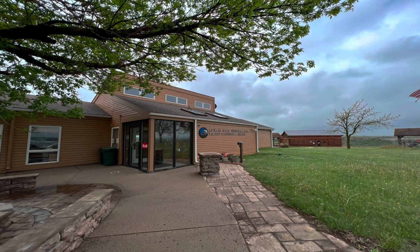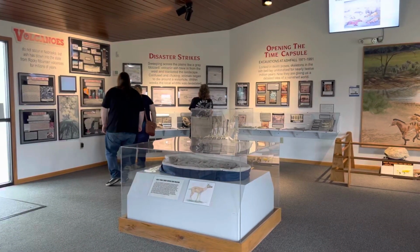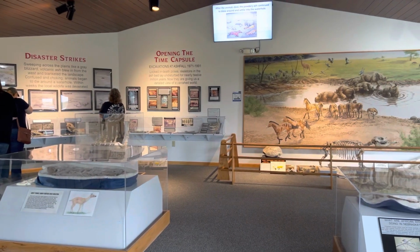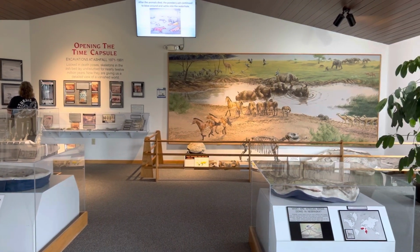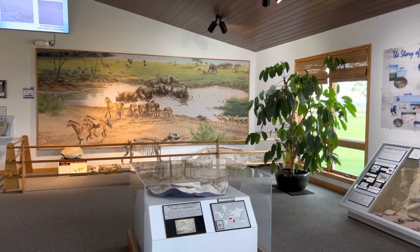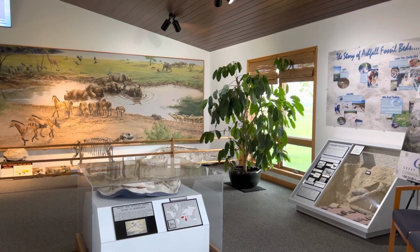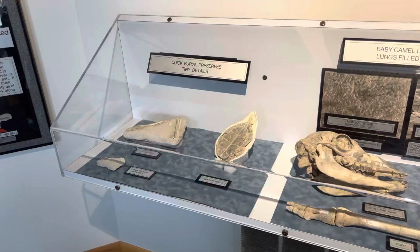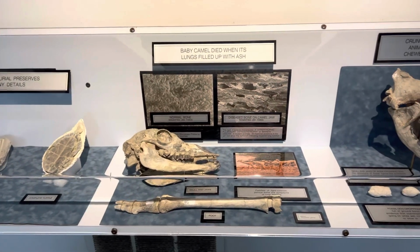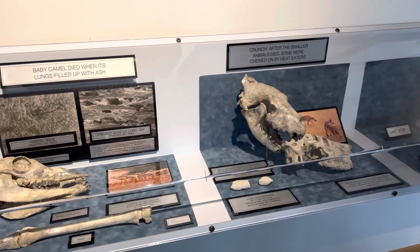Our first stop was the visitor center. There's a small $8 charge for adults and children over the age of 3. After paying and reading the information in the center and seeing all the skeletons that were on display, we moved on to the Hubbard Rhino Barn to see where the actual dig was taking place and talk to the guide